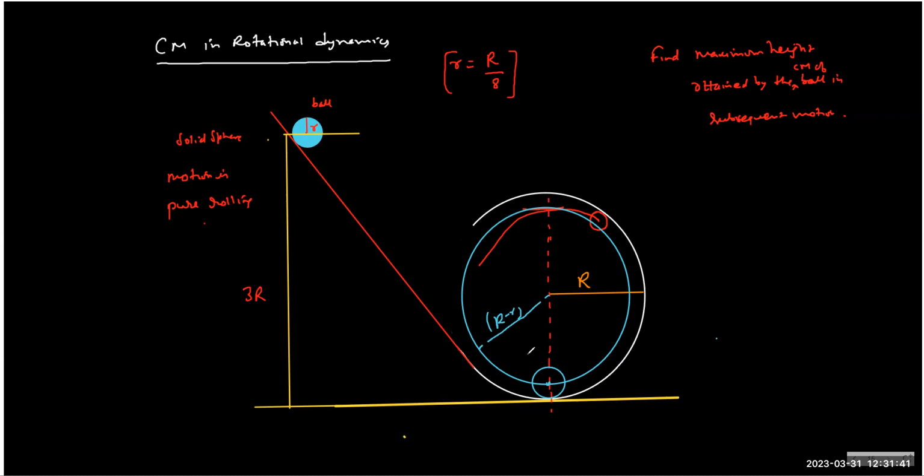Yes. So you should also check whether it is under root 2GR minus R. If it is not, it will oscillate. So there is no question of maximum. It will just oscillate. Okay. So the idea is